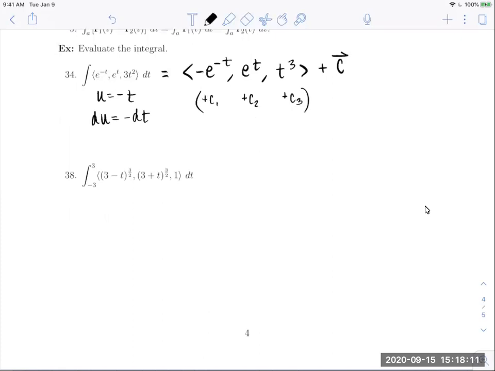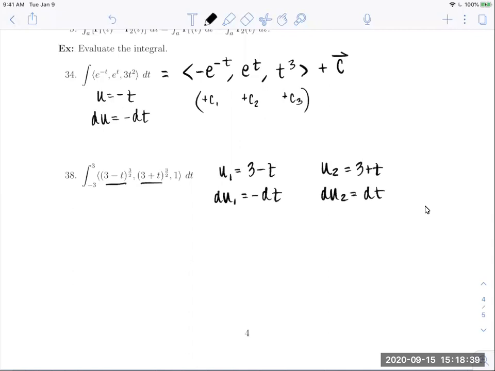However, this one we're going to need some u substitution. So I'm going to set up 2 individual u substitutions. The first one is going to be for the first component function. So I'm going to let u1 equal 3 minus t, and I'll note that its derivative is going to be a negative dt. And then similarly, for the second component function, I'm going to let u2 be 3 plus t,